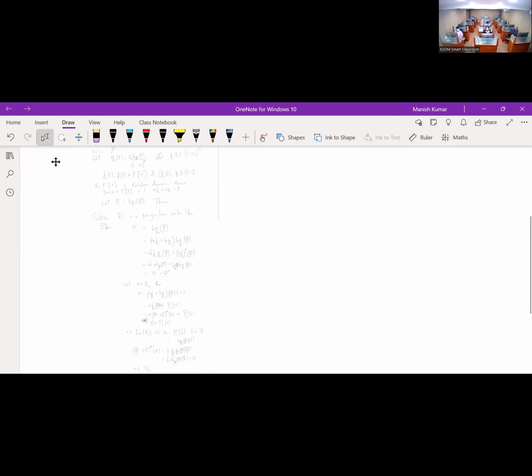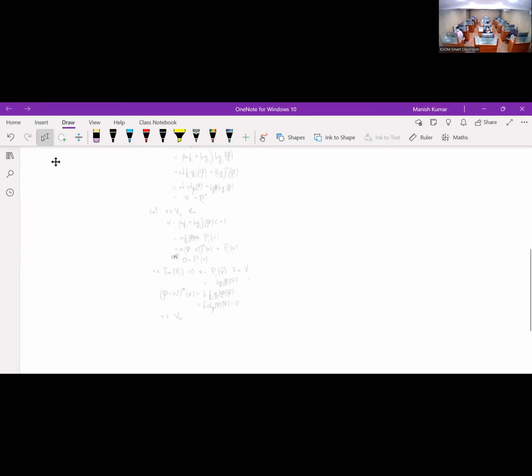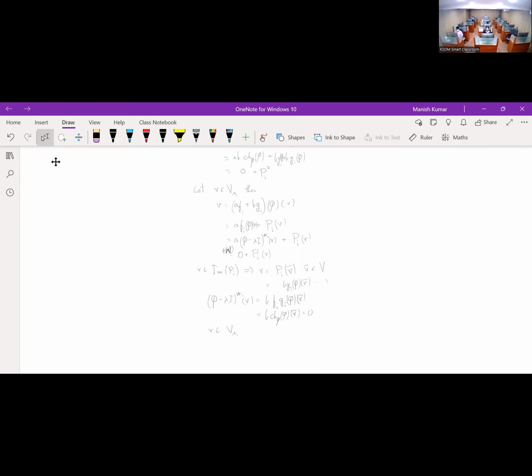The last portion that you proved just now. Yeah. Are you confused at the first step where (phi minus lambda I) power mi of b is written like that? So (phi minus lambda I) power mi of v, but is same as